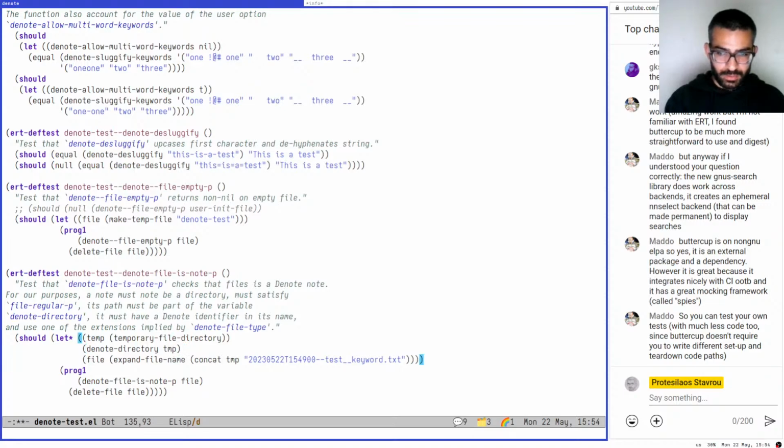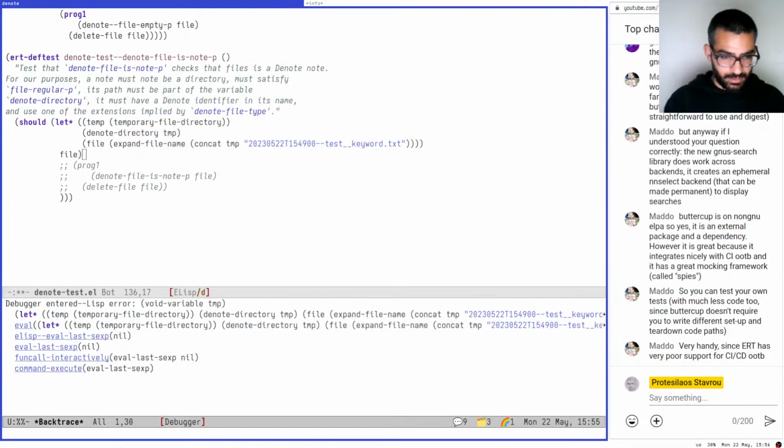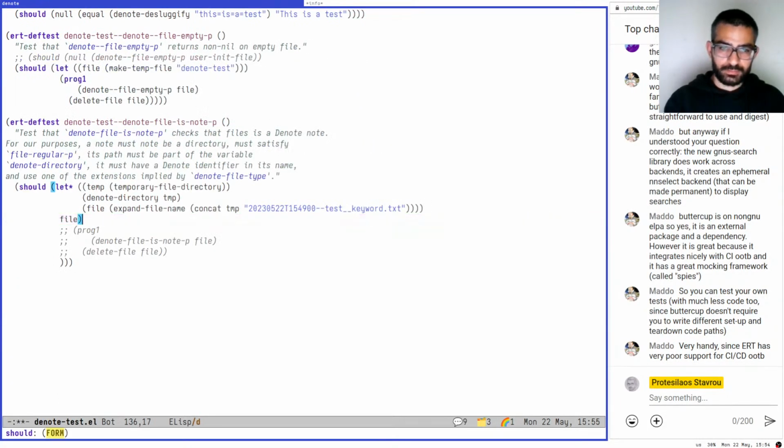Doesn't matter. TMP. Let me, instead of doing this, let me see what the file is here. What? Sorry. TMP, okay. And if I run this on file,